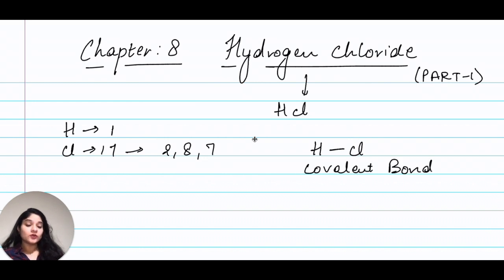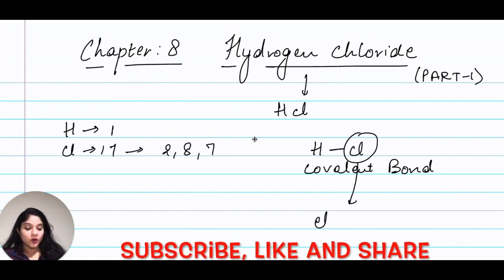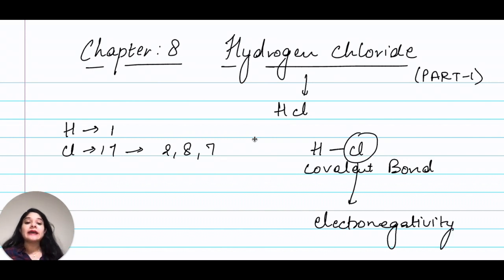Now, HCl is also known as a polar covalent bond. Now, why does that happen? That is because of the high electronegativity of chlorine. Due to its high electronegativity, you can note it down that chlorine ends up pulling the electron pair, the shared pair, slightly towards itself. And when that happens, chlorine gets a slight negative charge and hydrogen gets a slight positive charge. Therefore, because of the movement of the electron pair towards one atom, it is known as a polar covalent compound. So I'll write it here. It's polar